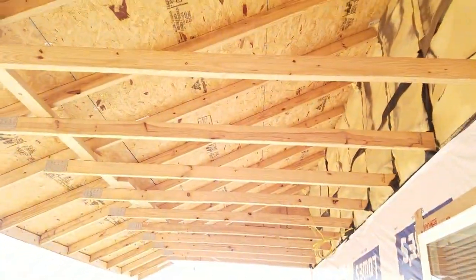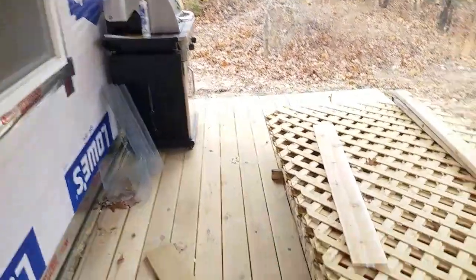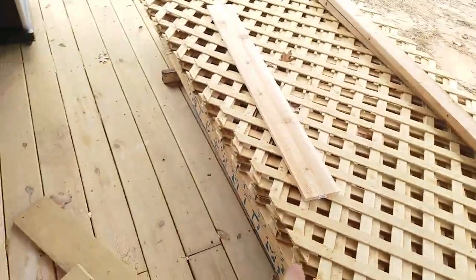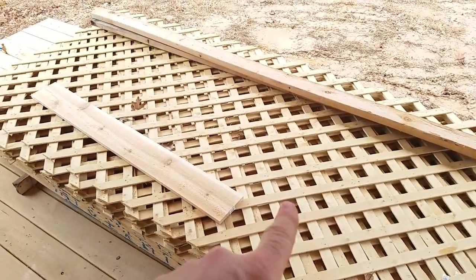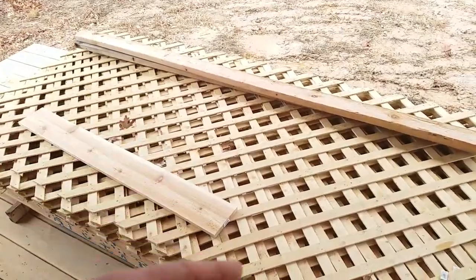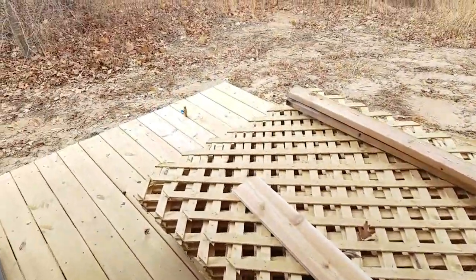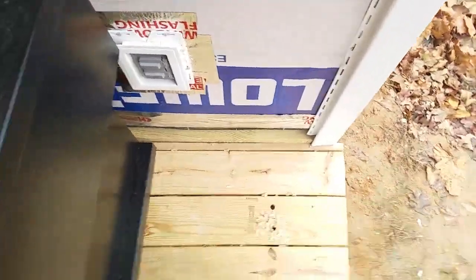And then I've got the underside of the deck here to do, and the underside of the deck materials under there, and then this goes on the outside of the deck to screen the deck, just to make it look better as we go along there. The other thing that I did was I went ahead while I was under the house and